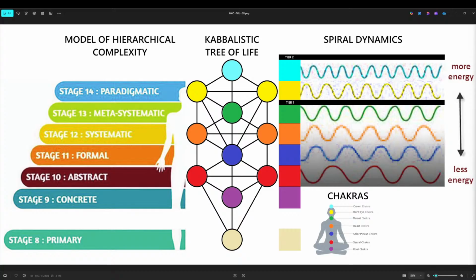So yeah, they're pretty much not compatible with one another, the various tier 1 colors or levels. So that's where you get a lot of the political clashes, and you know,